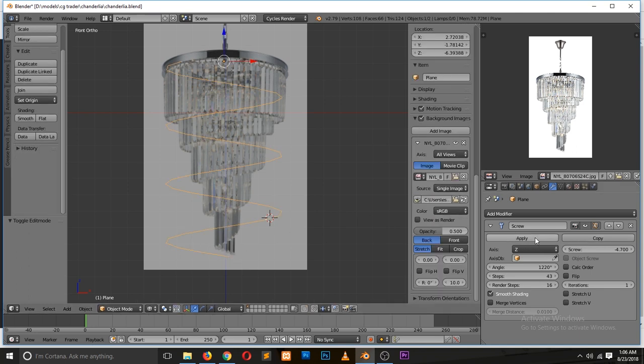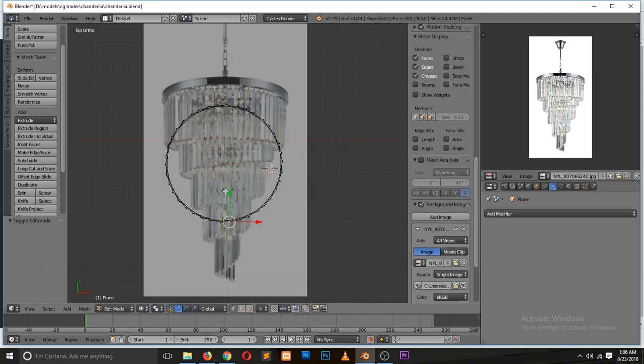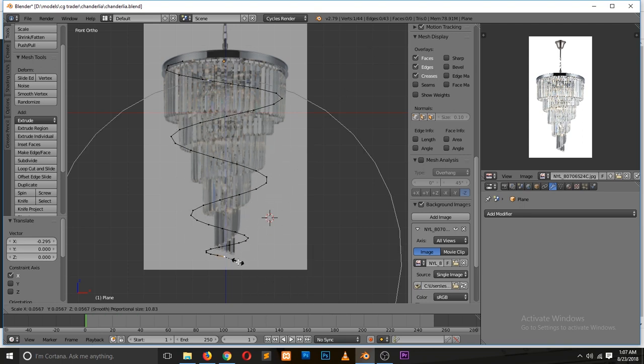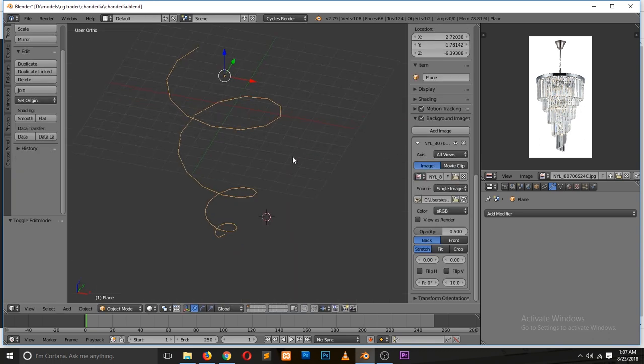Let's apply the screw. Go to edit mode and move the last edge to the center, somewhere in the center like that. Turn on proportional editing, connected, then scale that in. So let's just enable it, scale that in so that something like that. Maybe so we have something like this, and we can convert this into a curve